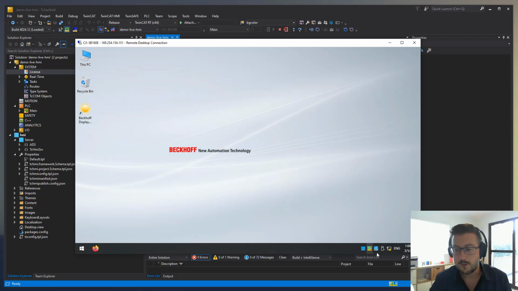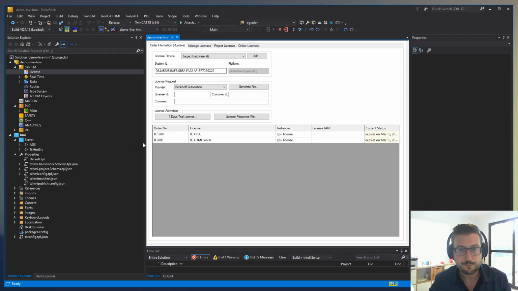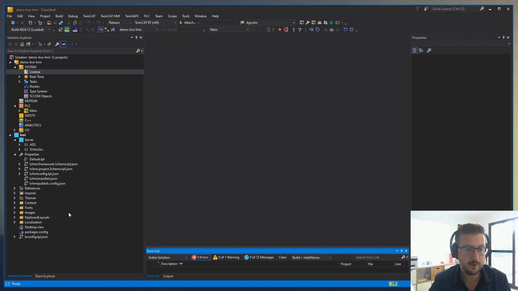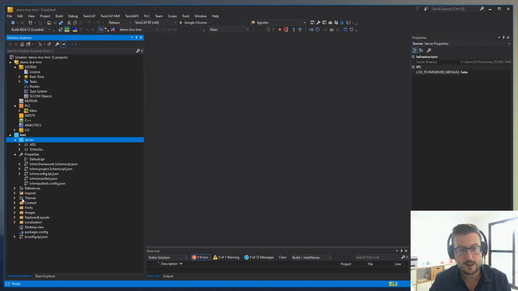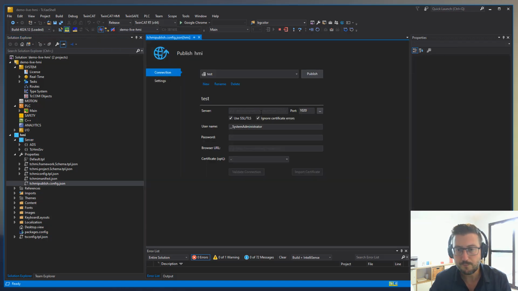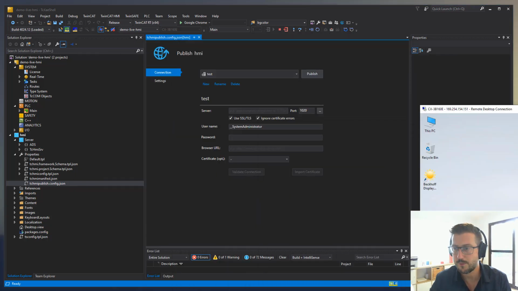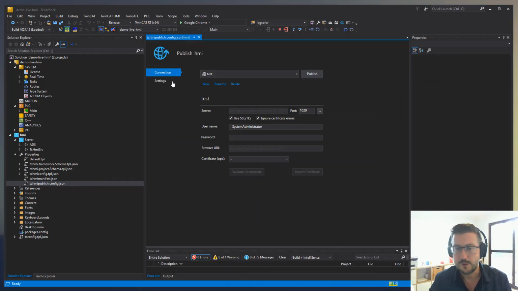Right. Okay, so that's now running TwinCAT. We've got nothing in the HMI server itself. So let's see if we can do a live publish while everyone's watching. You've got to have something in the HMI selected just to bring up the menu. And we're going to do publish to HMI server. What was the server's IP address? Let's just move that off the edge because you don't need to do that at the moment. But this is going to be